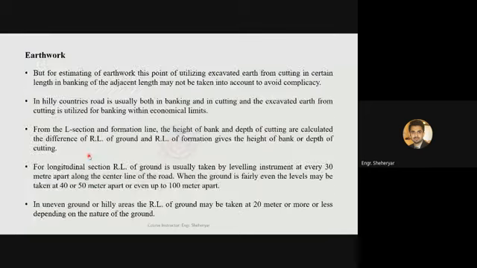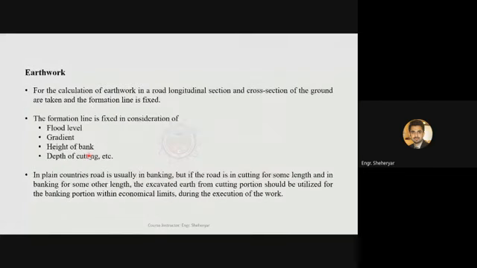Normally, if the road is partially in filling and partially in cutting, the cut material, the excavated material, is then used for the filling of the next section of the road,